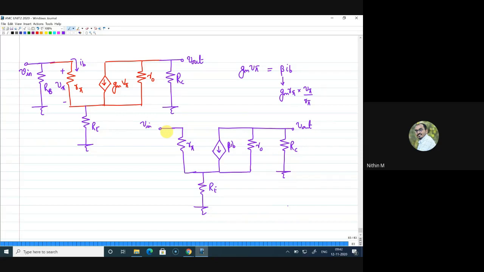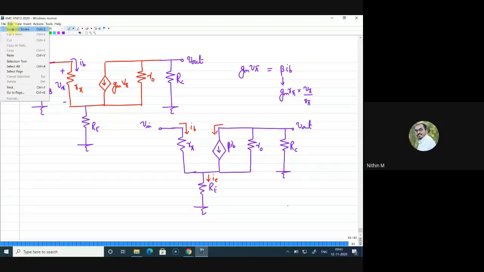Now what I'll do here is, I think you can follow, we'll do the same analysis that we have done for the MOSFET common source with degeneration. This is IB. And this is beta IB, or IC, which is flowing here with this IE current. Right. So the very first step is, can one of you unmute and tell me what we will do when we have this kind of configuration, when you have beta IB and R0 in parallel, and we need to solve it for V out by V in, as we did in the case of the MOSFET common source amplifier. So source transformation. We convert into a voltage.